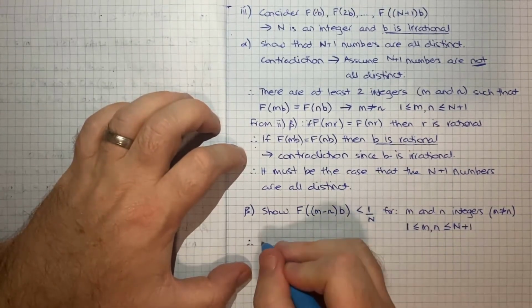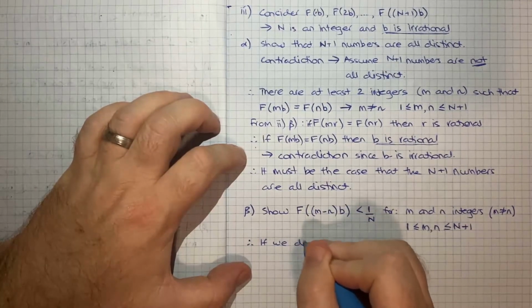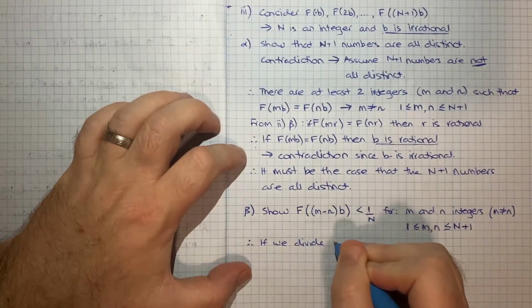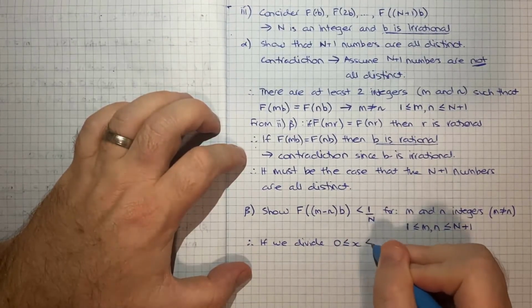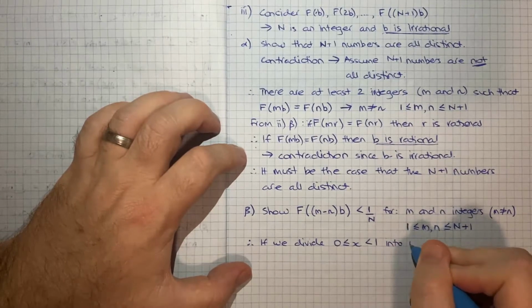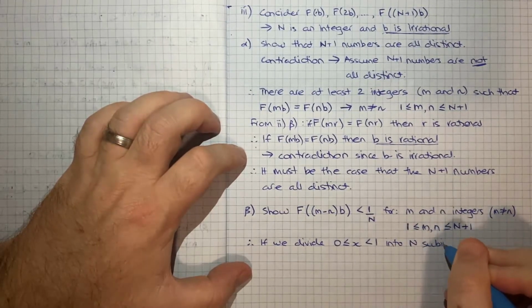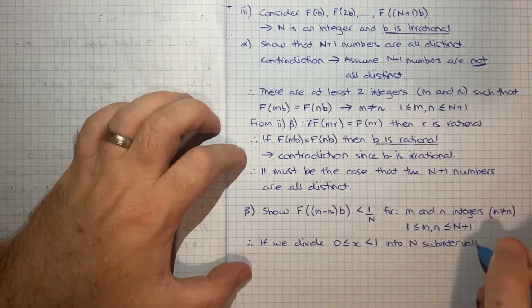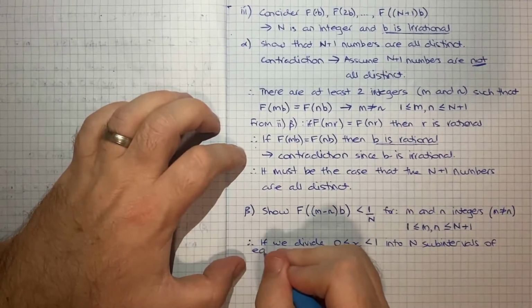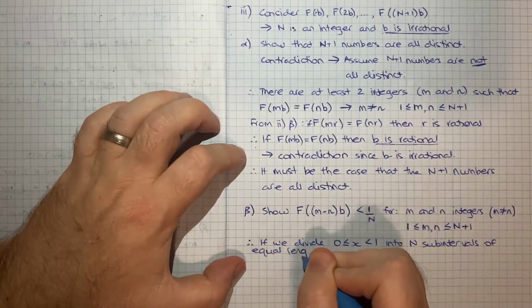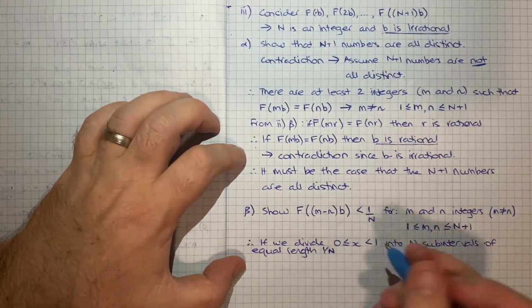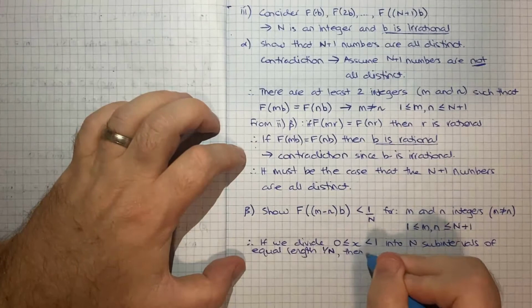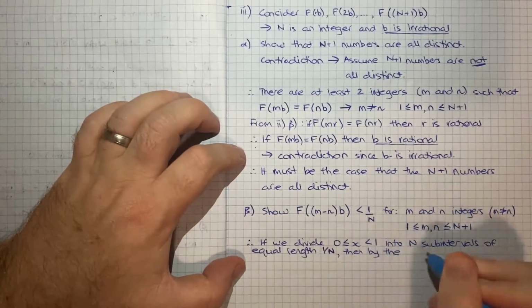So we can say if we divide this range, say x between 0 and 1, into n sub-intervals of equal length, 1 on n, which is what the question told us to do, then by the pigeonhole principle,